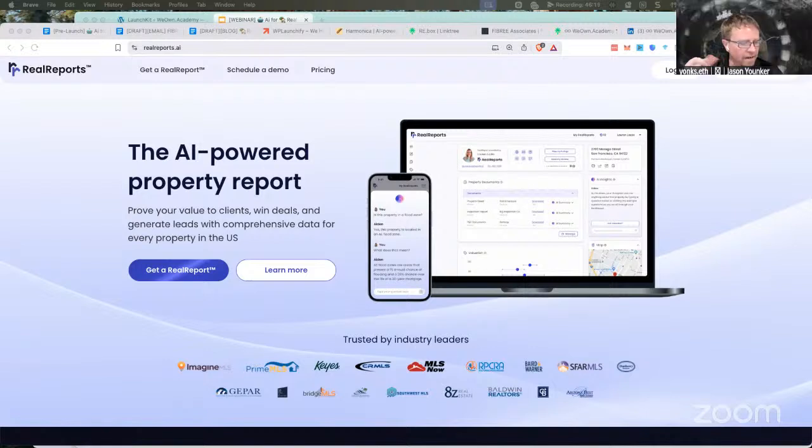I've got on the screen here realreports.ai, and this is one of the things that's going to happen: the MLS systems are going to get wrecked by technology. Not going to unpack all of that here, but realreports.ai is a project that we've been following for a while. We've already had side conversations with the co-founder there, and this will hopefully be a future live stream